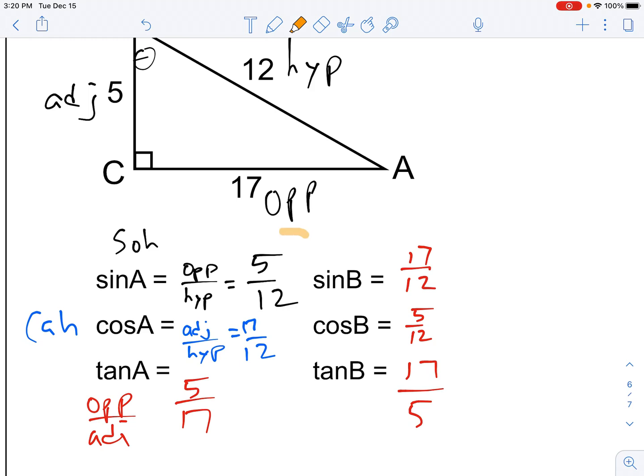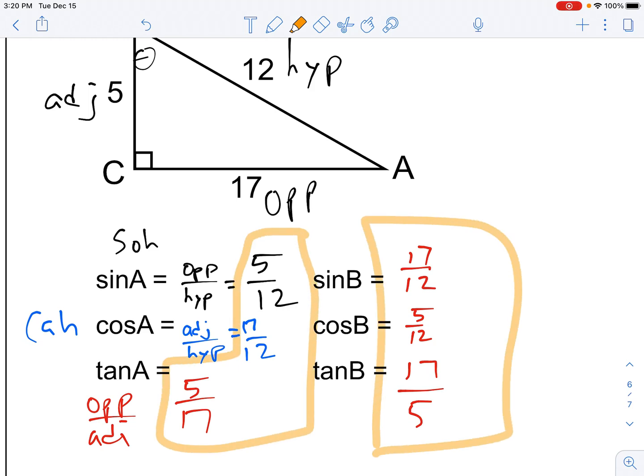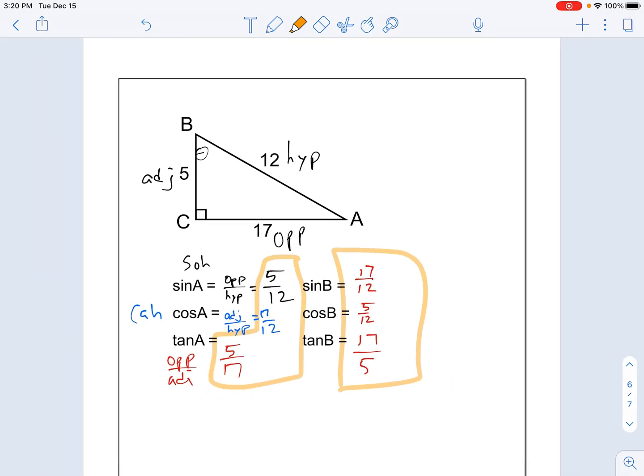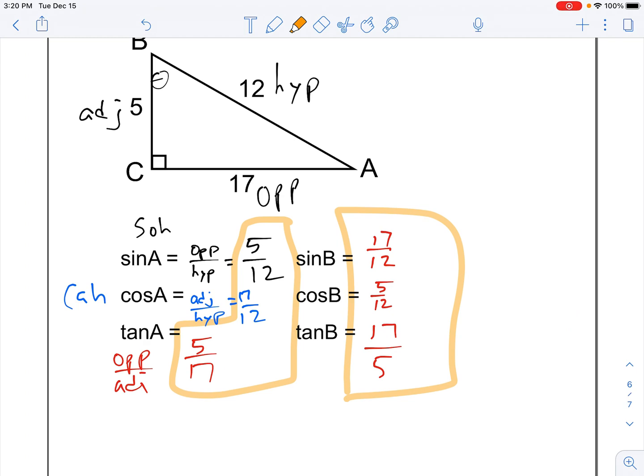So I want you guys to look at this and compare them to this row and tell me what you see. Hopefully you notice that the sine of A and cosine of B are the same, cosine of A and sine of B are the same, and the tangents flip around. So these are the relationships of the sides. This is what we call right triangle trig. We're going to be using sine, cosine, tangent. So the biggest thing for right now is for you to be able to label the triangle and pick out sine, cosine, and